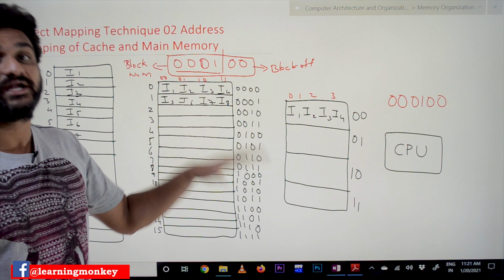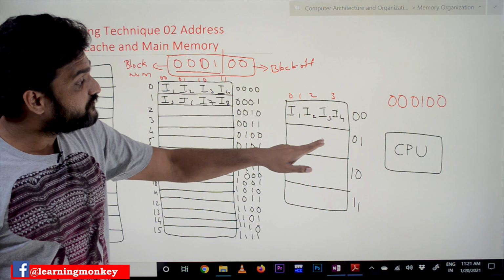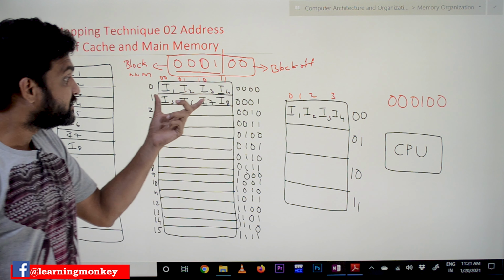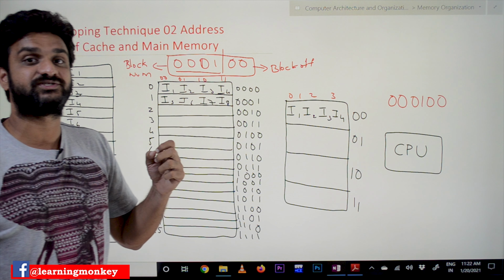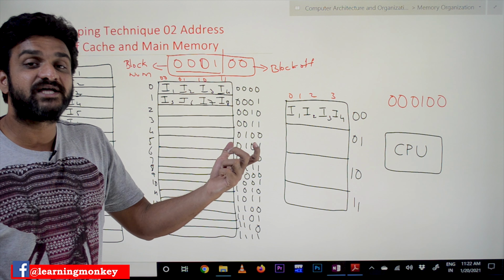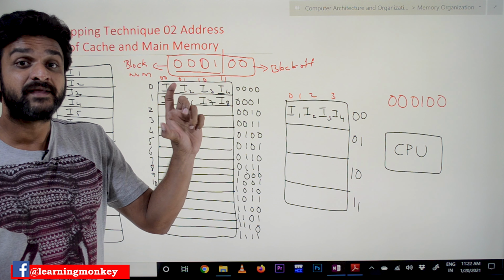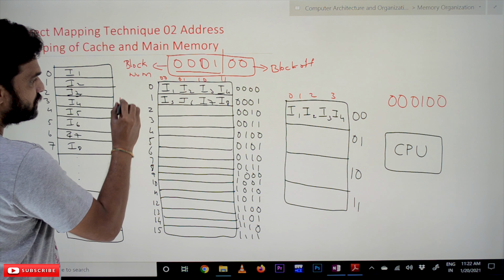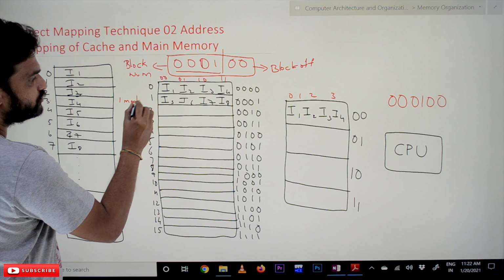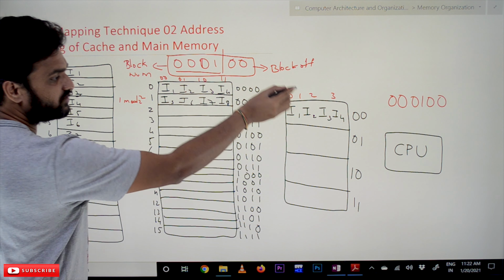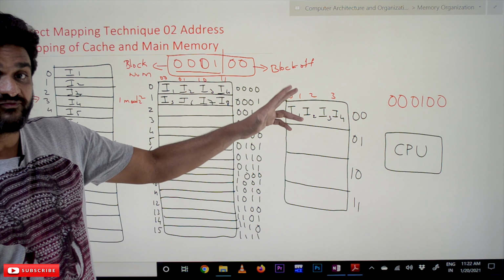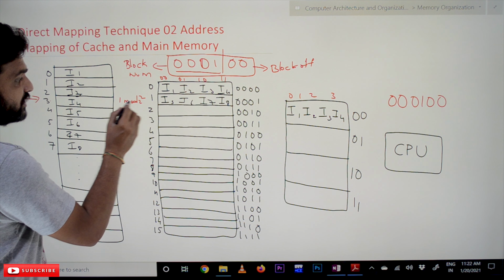As we are using direct mapping, to which line of the cache memory this entire block has to be transferred is decided by the modulus division, block address mod number of lines. So it is 1 mod 2 power 2, because we have 4 lines and the power of 2 representation of 4 is 2 power 2, so it is 1 mod 4.